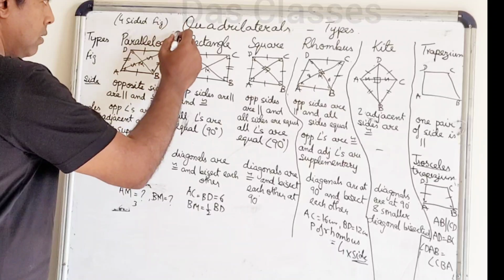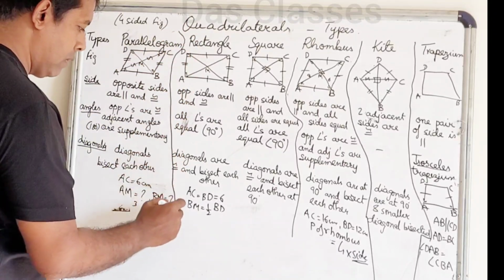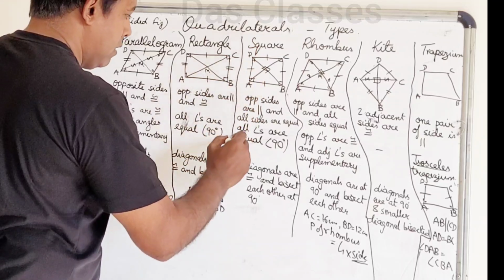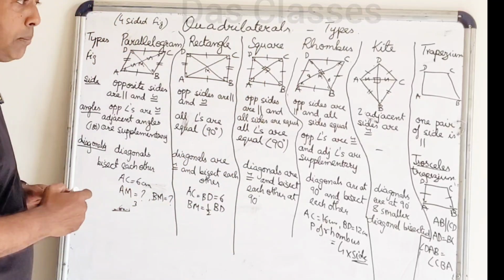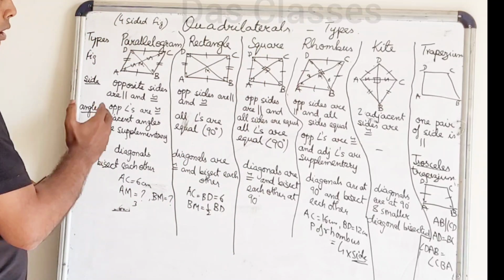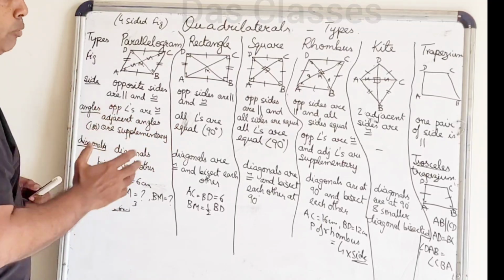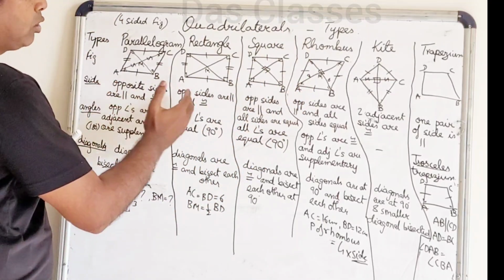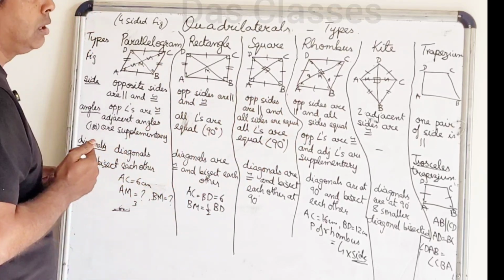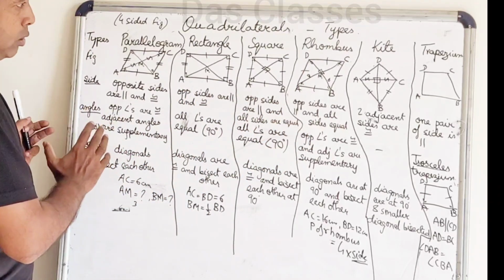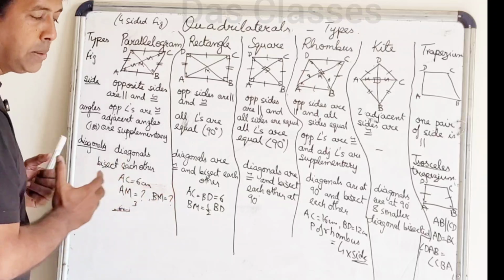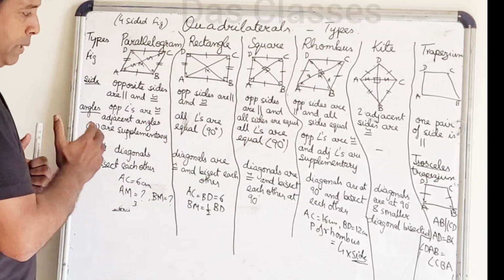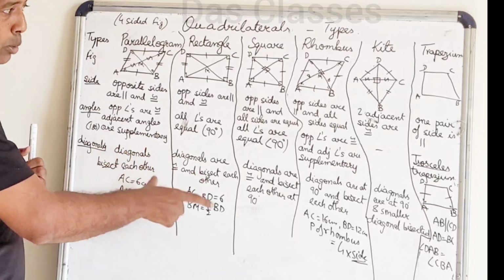So this is the thing. Quickly to sum up, basically when questions are asked in the exams, the most important are the parallelogram, rectangle, square and rhombus. So parallelogram and rhombus have some similar properties, and rectangle and square have some similar properties. So basically you need to learn these properties,